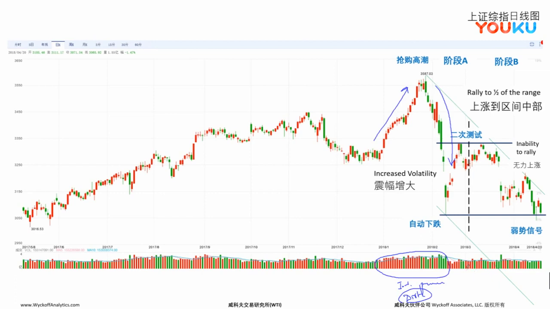And then look what happens afterwards. If they were distributing on the way up and they were distributing on the way down, then what do they do now? It seems like there's some kind of inactivity by institutions in this period of time, maybe with an exception of one localized event that could be related to the tariff story. But other than that, they are not in the position. So they sold their positions and now they're staying away.